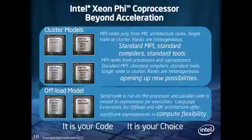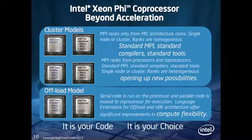Source code with a few pragmas pointing to mic, and here you are running this offload model in a very elegant, efficient fashion on the Xeon Phi coprocessor. So that's for the offload space. But now if you shift gears and look at the cluster model space, which is probably the most predominant one,